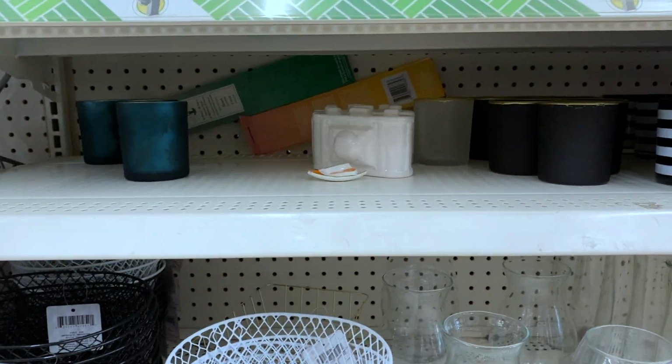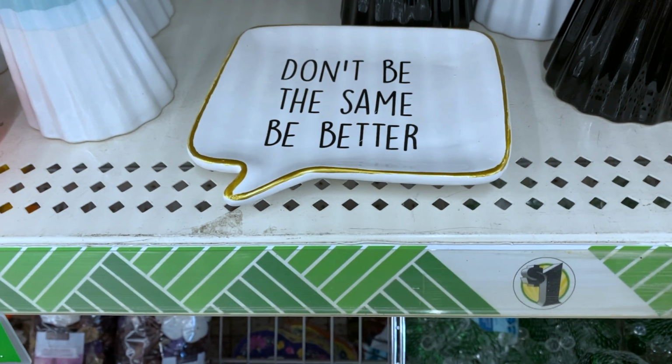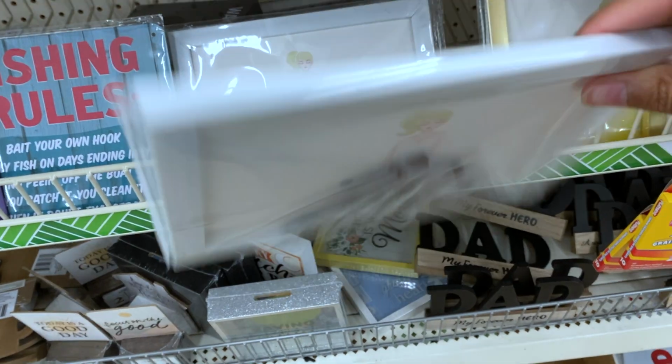And I won't say I love knickknacks. I like a place to feel full. I do like unnecessary things. But I just want a place to feel very full and intentional, and for it to feel like home when I'm decorating. So things like this from the Dollar Tree are really helpful, and you can get very